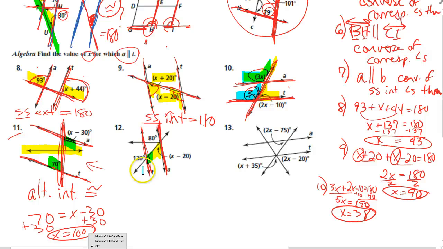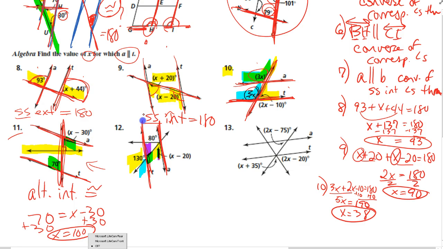If I knew something about this angle, the blue with the yellow, those would be congruent. If I knew something about the yellow with the angle in here, those would be alternate interior. Those would be congruent. So far I haven't highlighted the angle that really would help me here, and it would be this one. But just like we did in number 10,